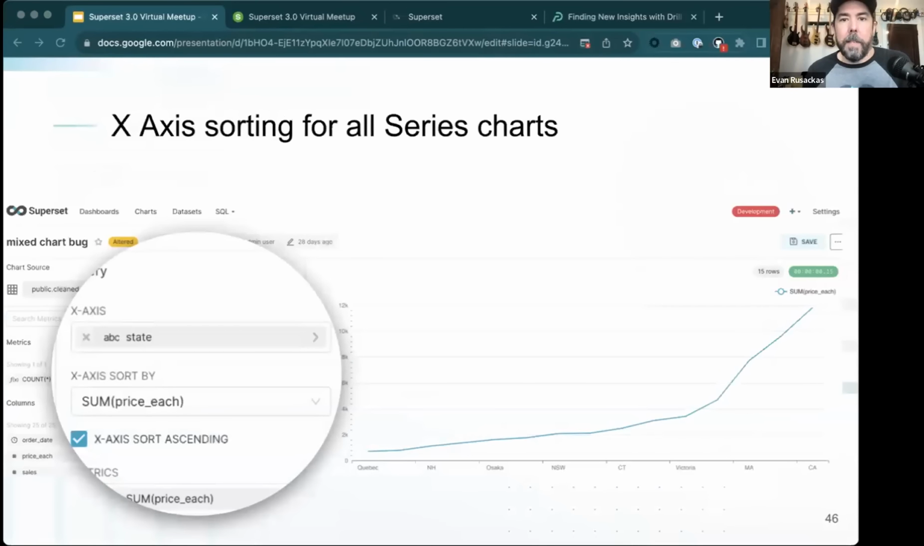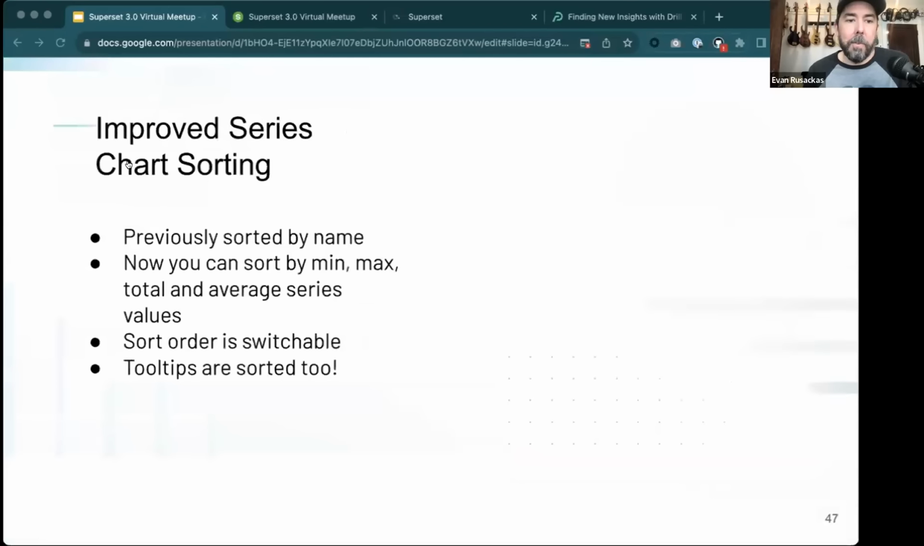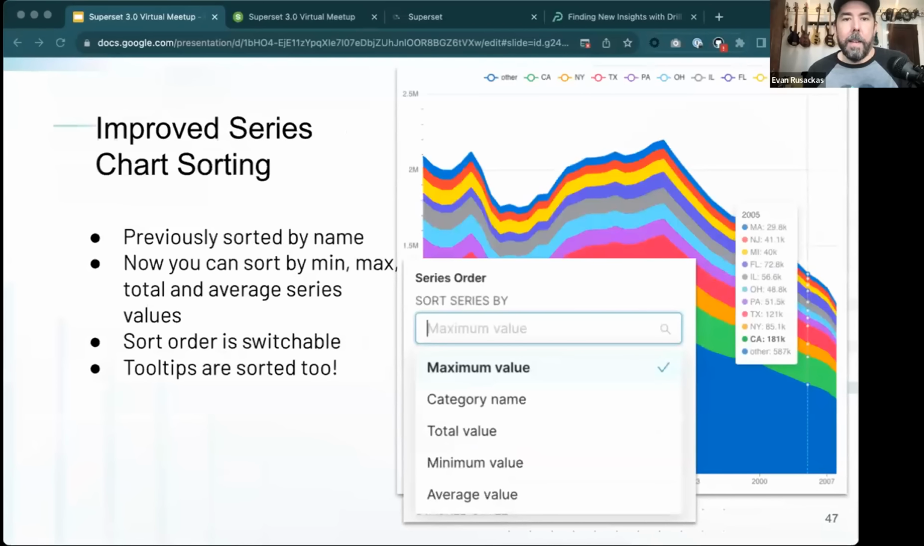And we've got the ability to sort the x-axis for all series charts. So if you happen to have a categorical axis or numeric axis or any other type of axis, you can now have improved controls over that. And you can also sort the stacking order of,